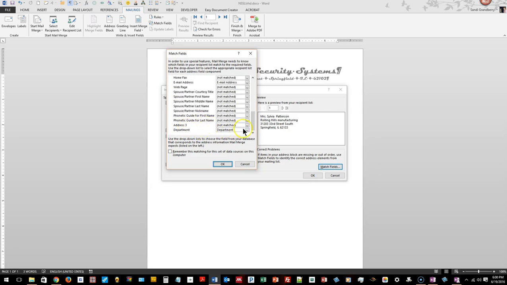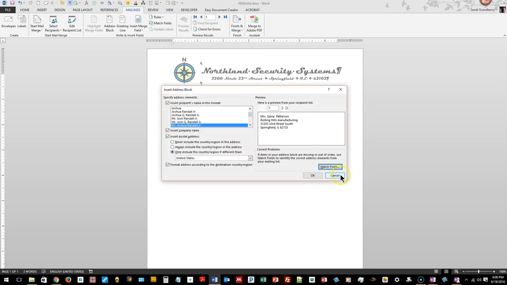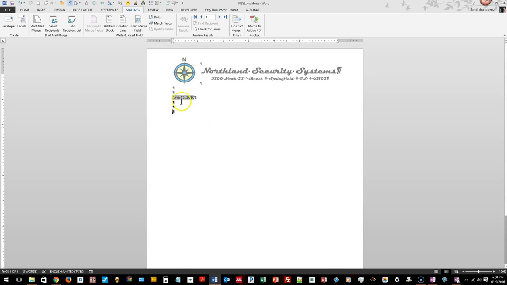Department, there it is, way down at the bottom. So you could match department, but then getting it up here where it goes, it's just a big hassle. So what they're having you do is do it manually. So instead of address block, you go to Insert, Mail Merge, and you do it one thing